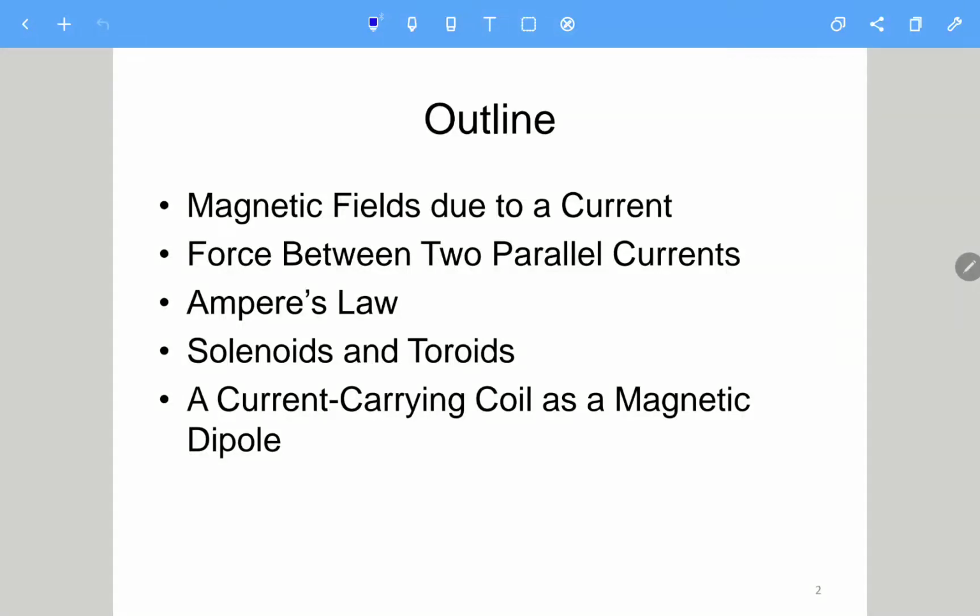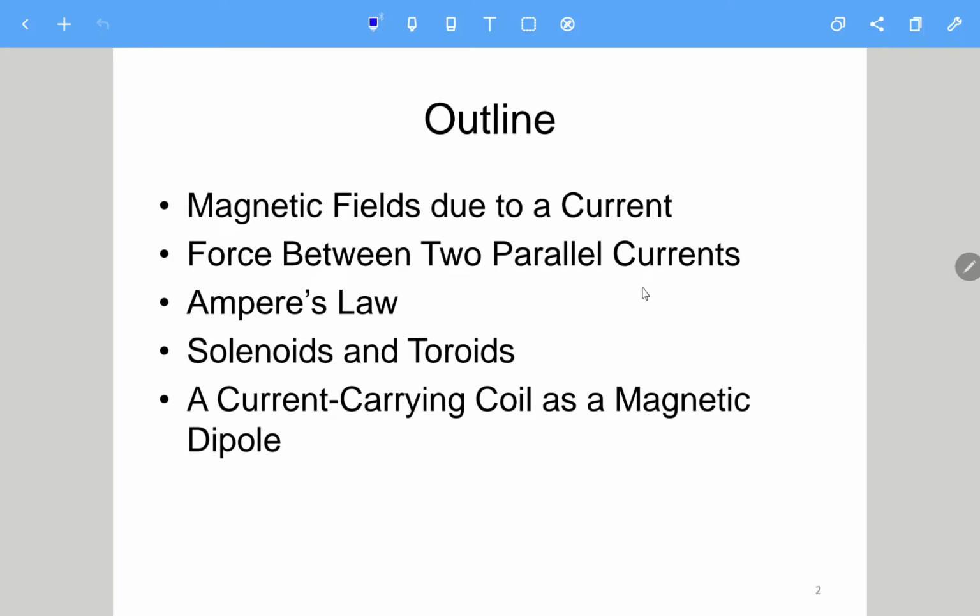This is the outline for chapter 29. So we'll talk about the magnetic field generated by current, and we will further talk about the force between two parallel currents, because it means that if a current can generate a magnetic field, so if we have two parallel currents,